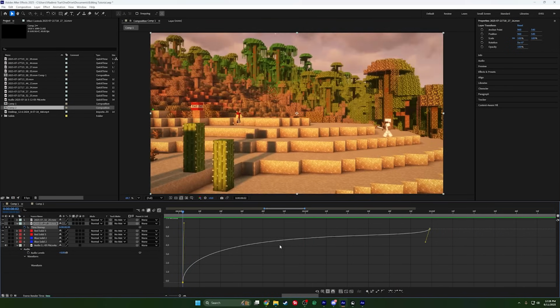Okay, perfect. Now something you want to be careful of is to make sure that when you're manipulating these curves, this line is not actually going down. You want to always make sure it's either flat or going up, right? Because if this line is going down this way, what's essentially going to happen is the clip is actually going to go in reverse, right? And that could be something that you want to experiment with, your clip coming in, reversing, and then going out. But you have to be very intentional with that,